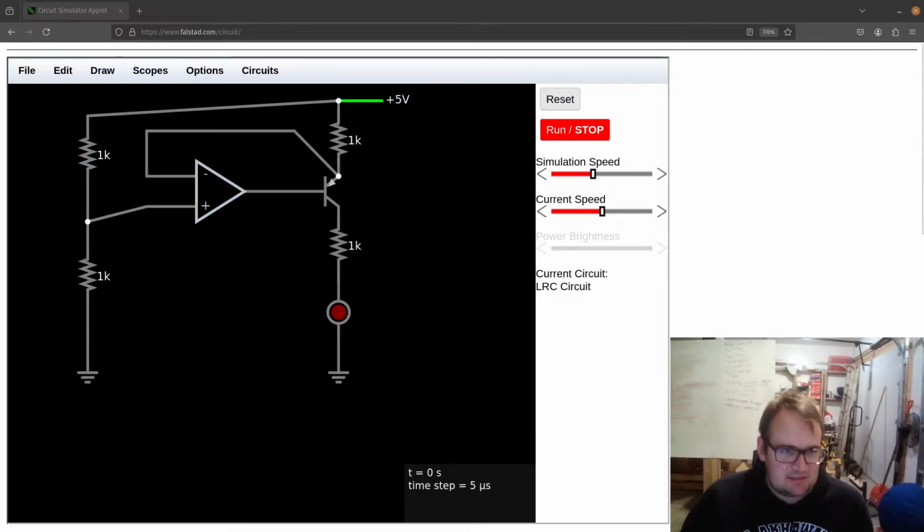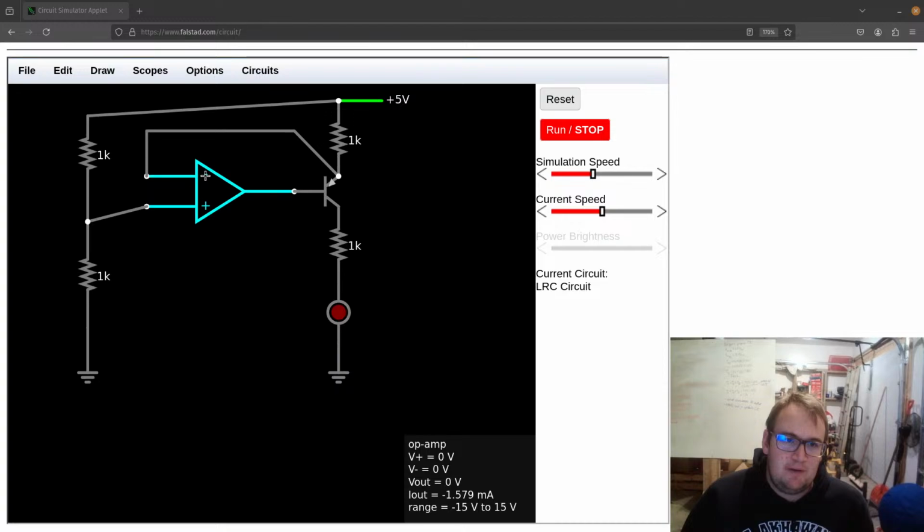So let's just go through this example. So we have 2.5 volts here. Well, this minus wants to be at 2.5 volts too. So since it's at the non-inverting input, or